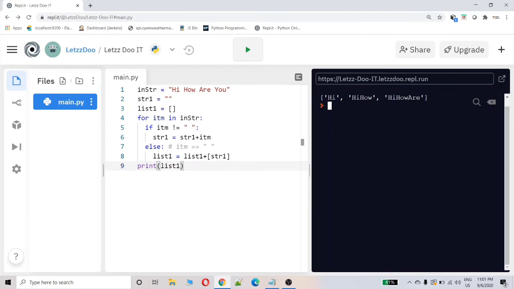Why is this? Because in this iteration, when str1 gets added to the list1, the str1 is still holding the previous value. It is not cleared. So what we have to do is, after adding it to the list1, str1 should be emptied.